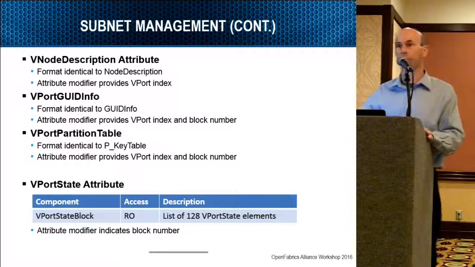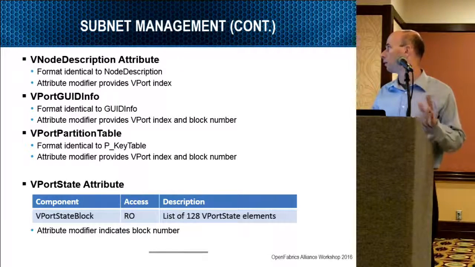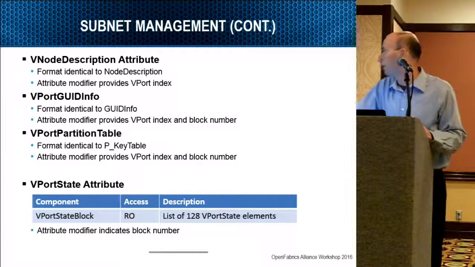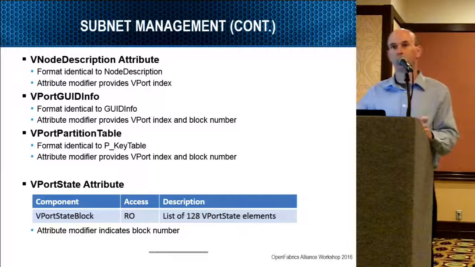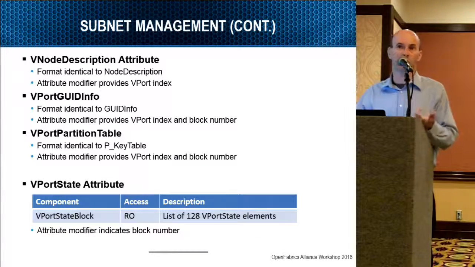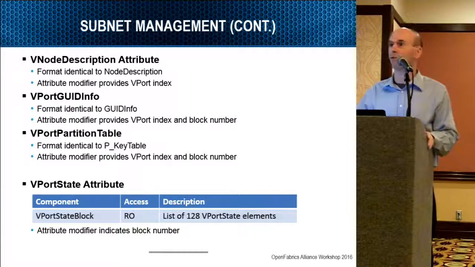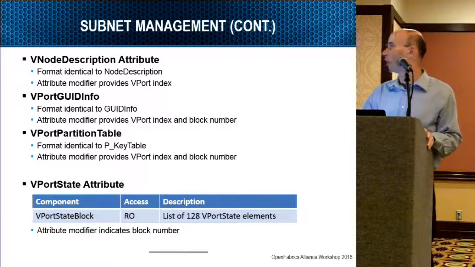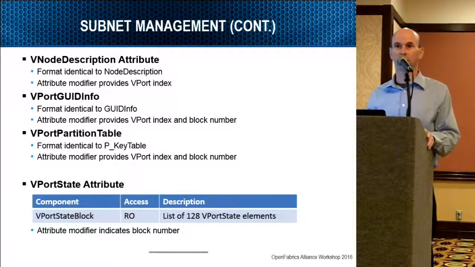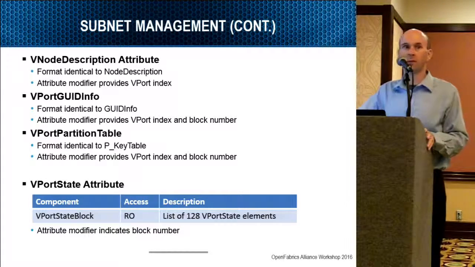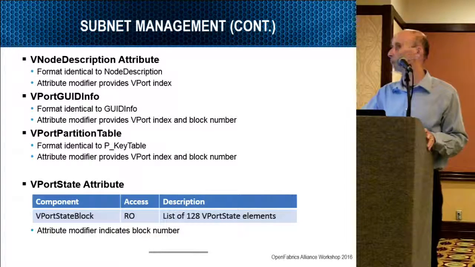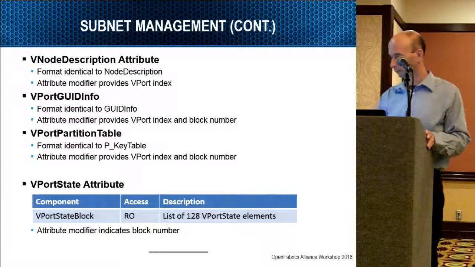This is an aggregate. Basically, we compress together 128 VPort state elements of the VPorts, and each one is 4-bit wide, which encodes the standard port state attribute of the physical port. So once the trap is raised, the SM can efficiently scan the port state of a bunch of virtual ports, specifying a block number in a similar manner to other attributes.